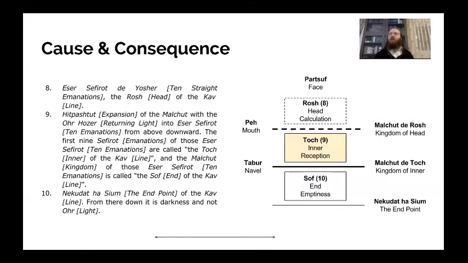So on one hand, you could say it's targeted. Normally when you're just receiving, it doesn't have to be targeted, you're just receiving. And then the whole idea of patzuf is targeted receiving. You're receiving for a goal. And the idea is that if you lose the goal, you lose your patzuf, you lose your